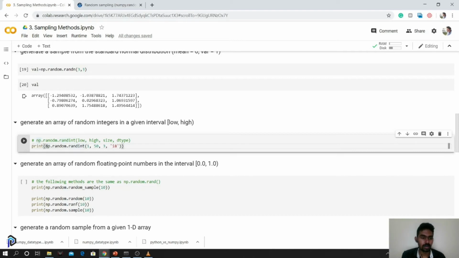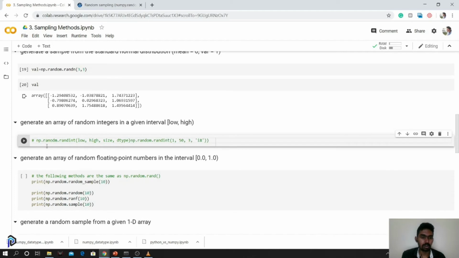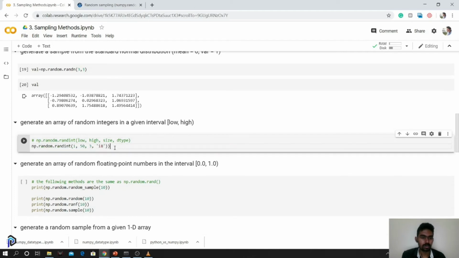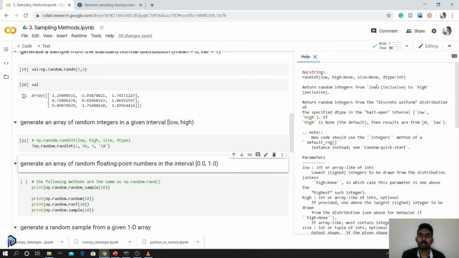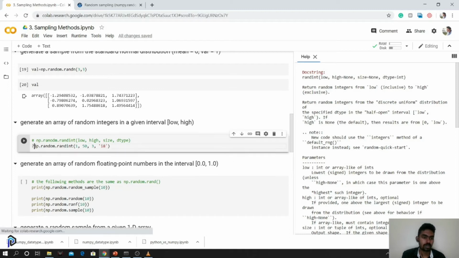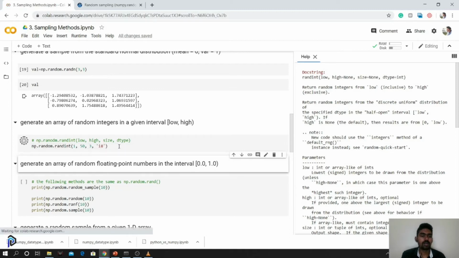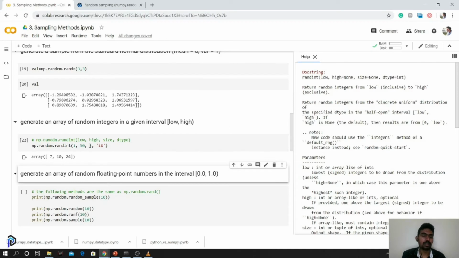Let's see the documentation so that you'll have a better idea of which parameters are optional and which are required. The low parameter alone is the only required one. All the other things are optional. So let's create it. It creates 3 random integers in the range 1 to 50.